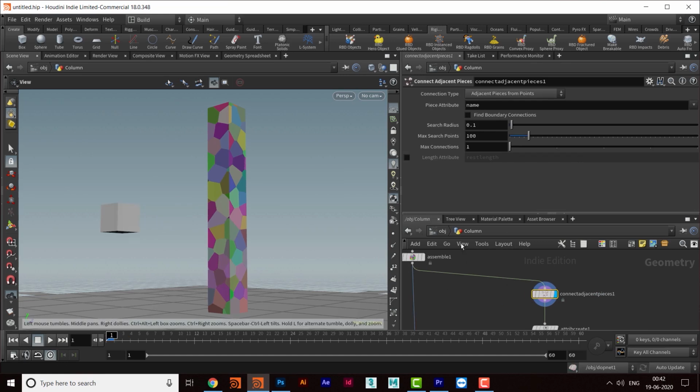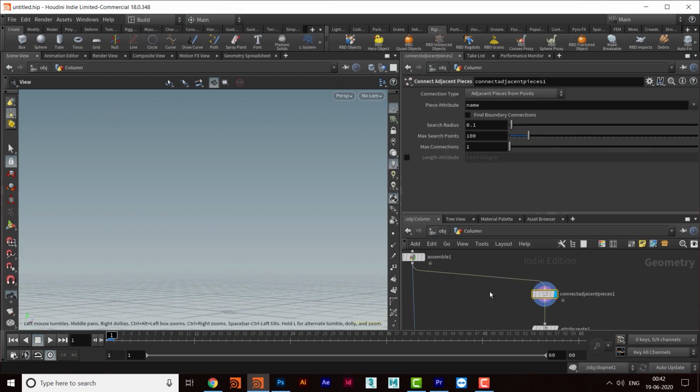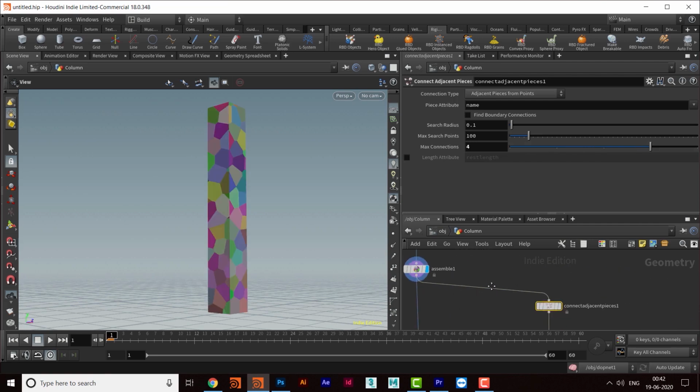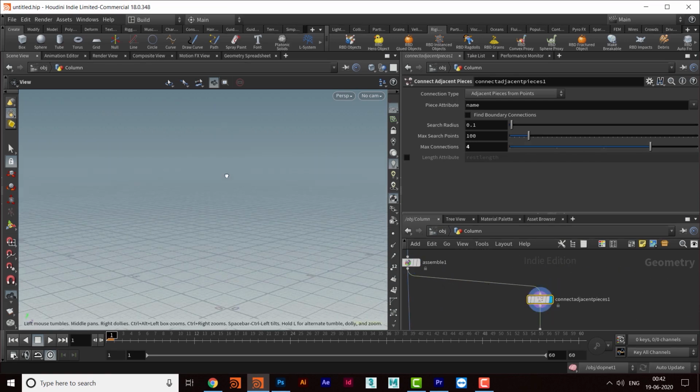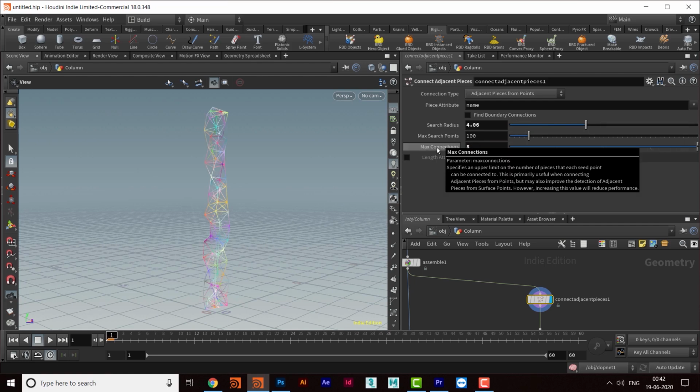I'll go back and then switch this off, click on this one, and then come here, and I do not see anything here. So I will increase the number of connections here, and I do not see. So I will increase the search radius, and now we can see something happening. So I will keep it to 8.